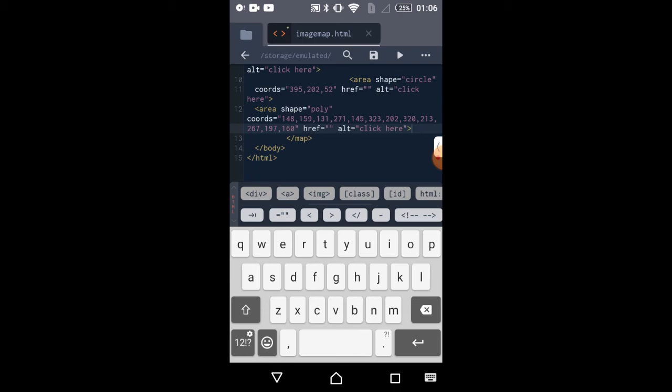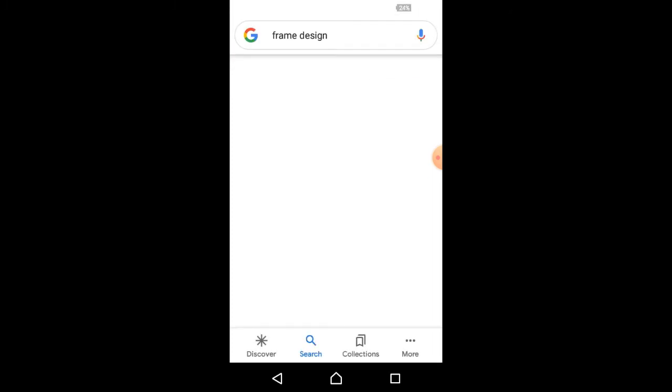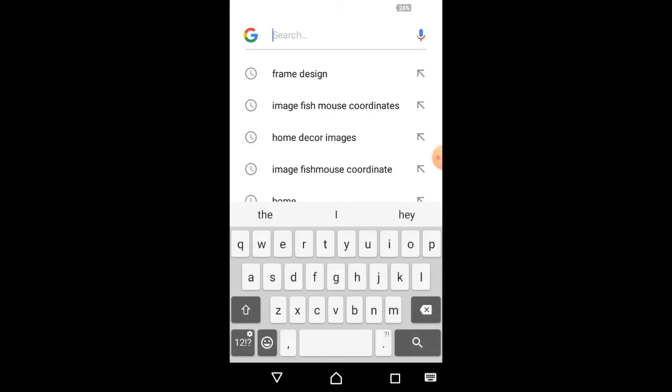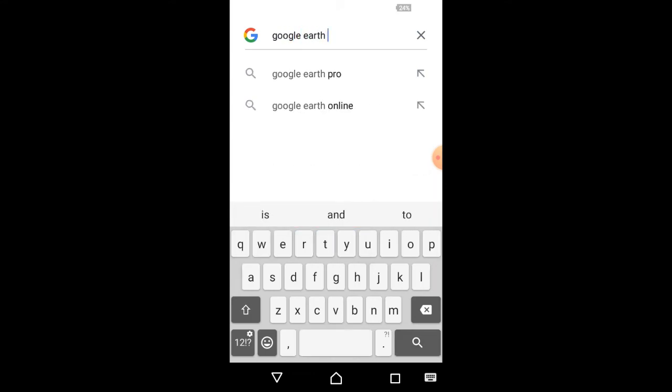So just click on the save button and I'm searching for another website. I'm searching for Google Earth to give a URL to the globe.